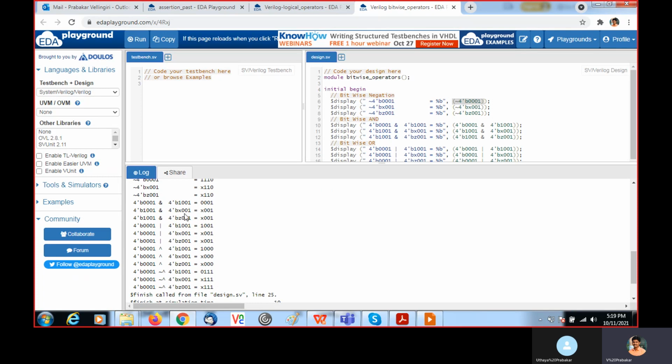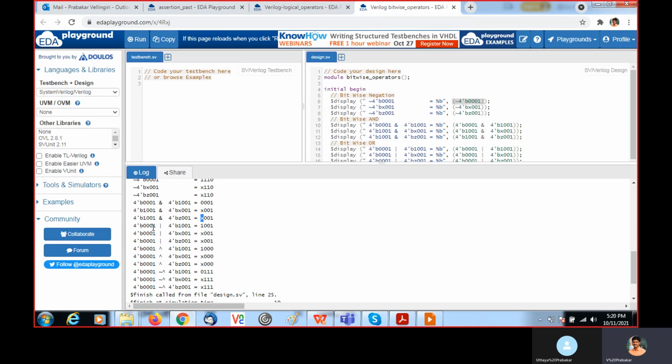Similarly, at each individual position, we are going to perform the AND operation. X AND with 1, you will get x. In the same way for the next example, x AND with 1, you will get x. If the input is z, you will get x.